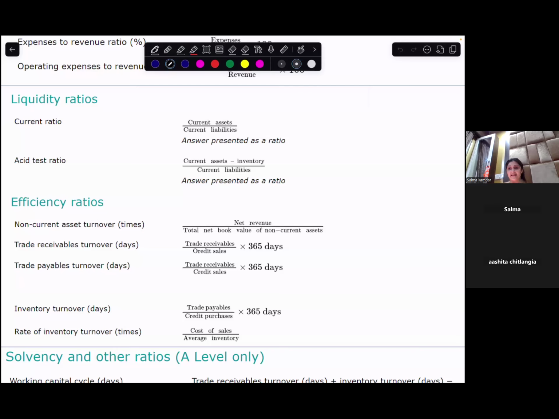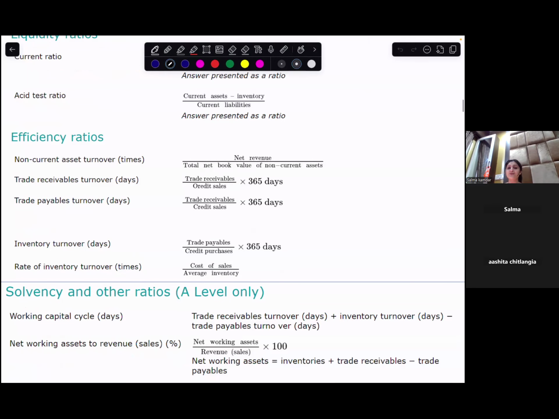So can you tell me your ideal current ratio? Ideal current ratio is 2:1. And ideal acid test ratio? 1:1. Now let's talk about efficiency ratio. Efficiency ratio tells you how quick you are in either collecting money from your trade receivables or paying to your